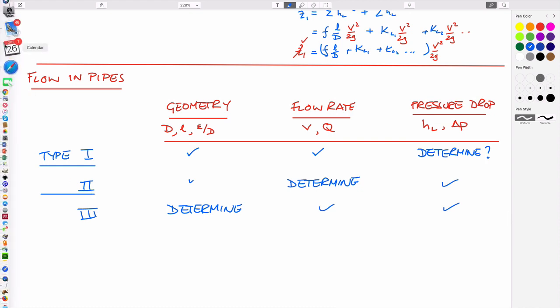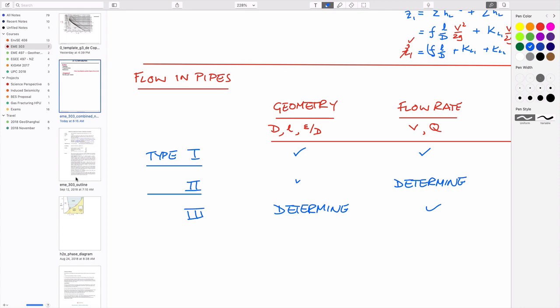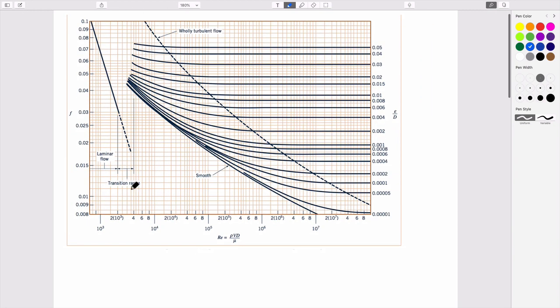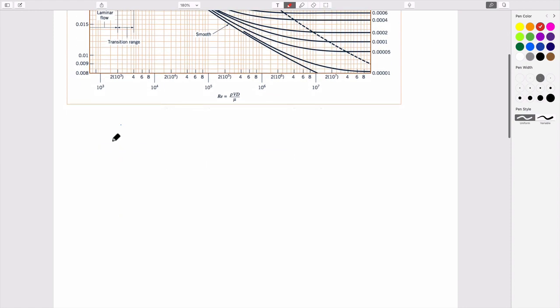And so let's figure out, I'm going to move just to a clean sheet that I just made that actually has a Moody chart on it. So you don't have this, but you don't necessarily need that right now. And so let's just do a problem, and not one that's in the book, but one that we can define ourselves. So if we look at this type 1 problem, this is to define either the head loss or the change in pressure, which are kind of the same things, right? If you think of the geometry that we've talked about,